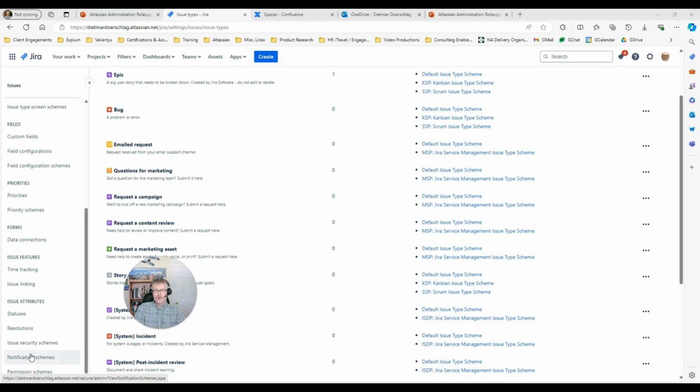All those settings are controlled by a Jira administrator, which will then be mapped into Jira projects.